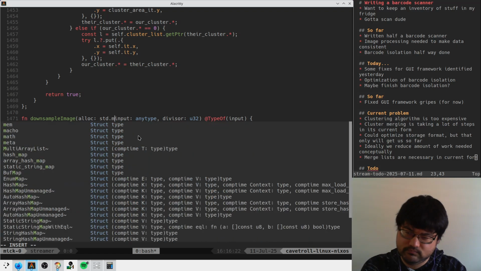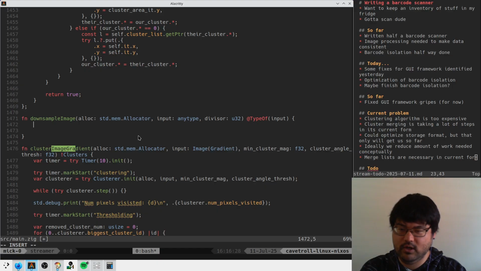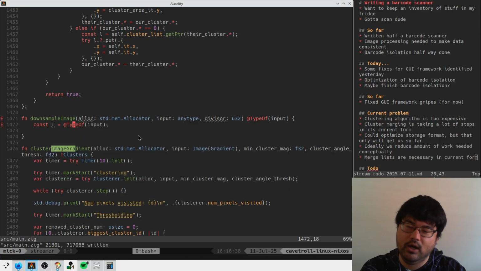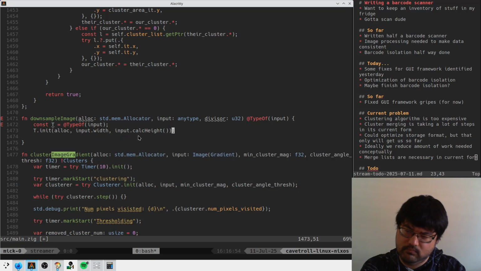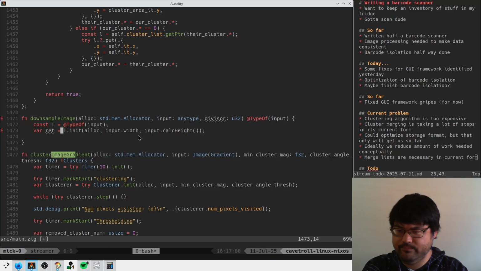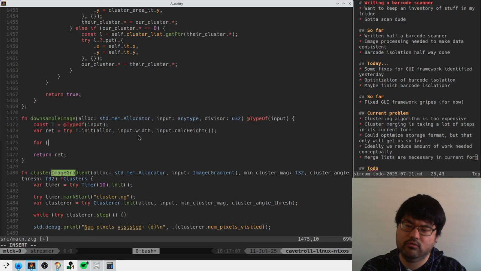I think we need an allocator. So we just make a new image. T is the type of input. We say T init alloc, I think it's input calc width and input calc height. Okay. I think this thing is failable. And we just go like